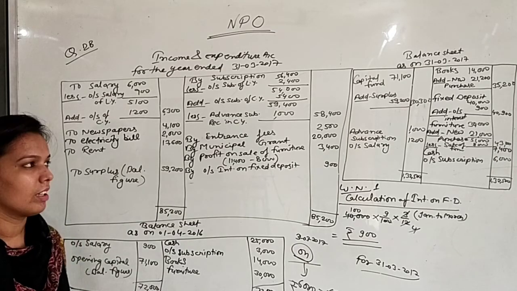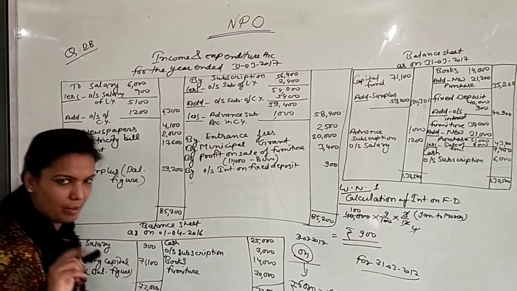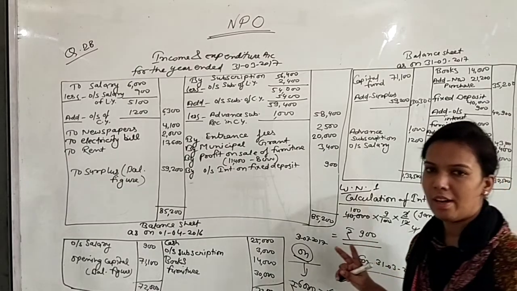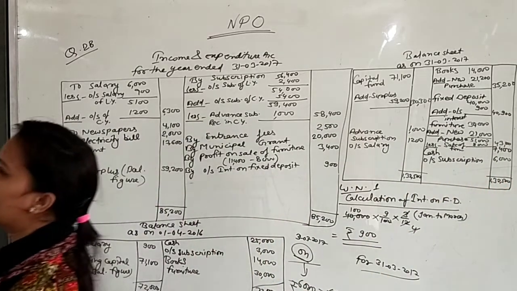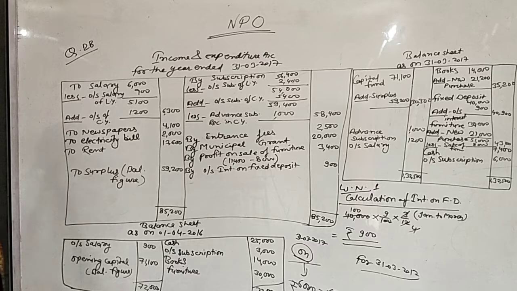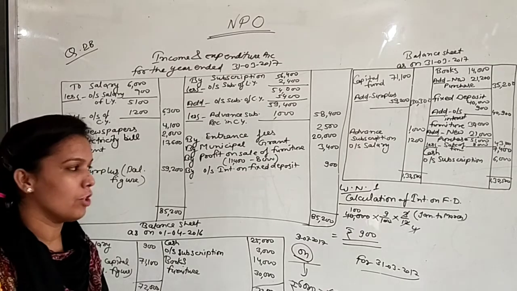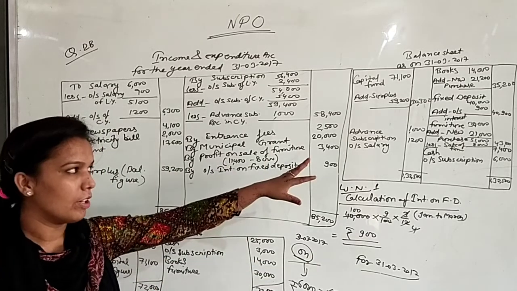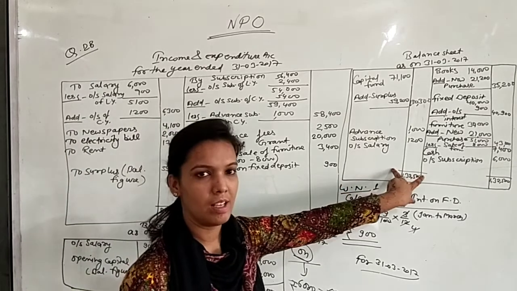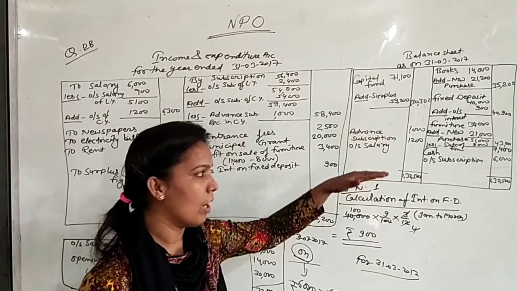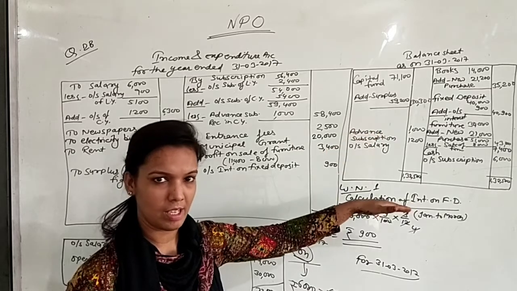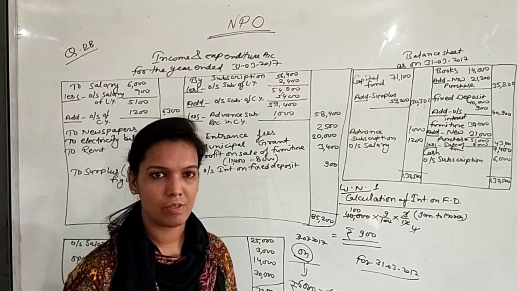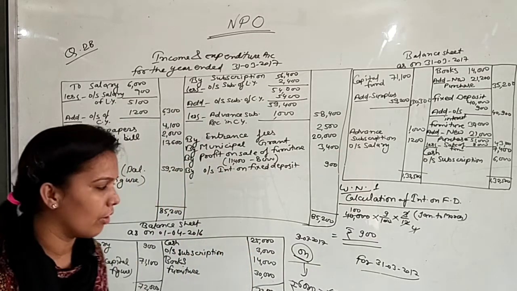And one more thing I want to clarify in the balance sheet. In 11th class, you studied one point, that balance sheets are prepared in two orders. I think everybody remembers these: permanence order and liquidity order. These are the orders of preparing a balance sheet. If you are preparing your balance sheet in liquidity order, it should be on both sides. Liquidity order means first you write current assets, then fixed assets, and the same on the liability side: first current liabilities and then fixed liabilities. Fixed liabilities means non-current liability or capital fund, whatever.